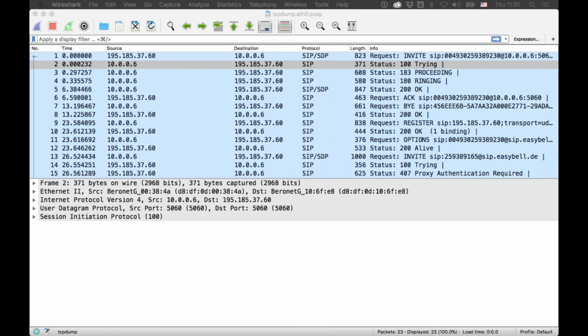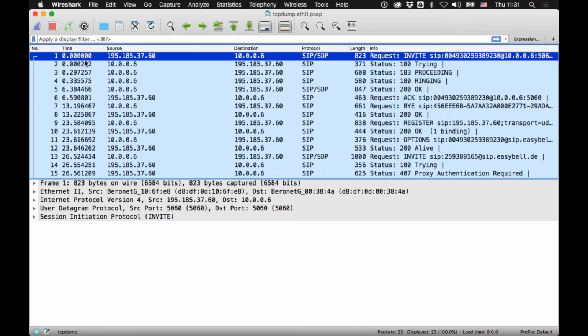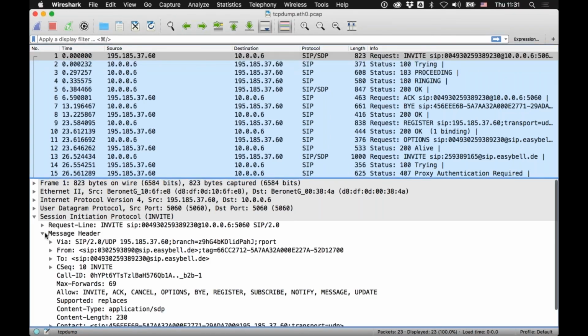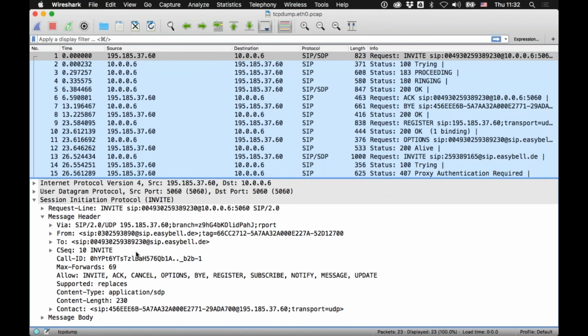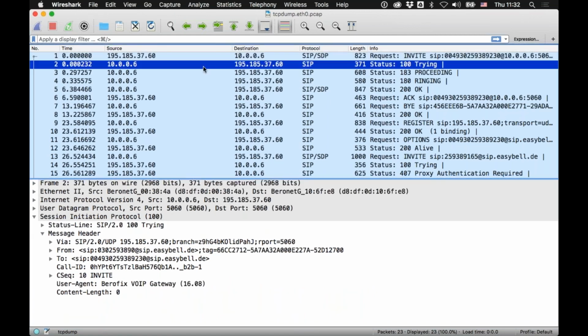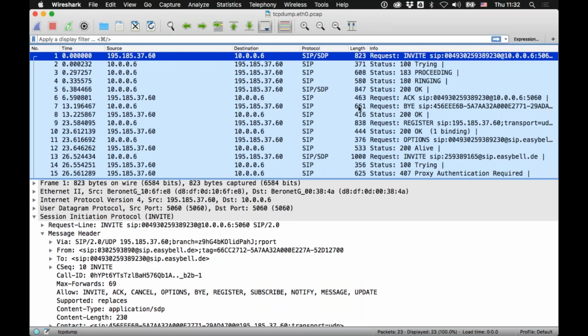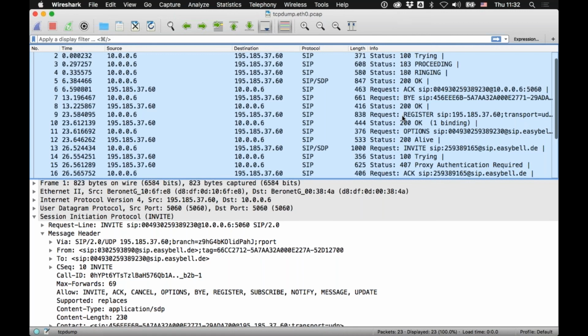is find the P-Asserted-Identity. And so let's go ahead and look in this right here. Go into Session Initiation Protocol header. So it looks like the SIP trunk that I'm using right now isn't even providing that information, so they're not going to want it either. Let's look at this one. So that's not something we're going to need to concern ourselves about with that SIP trunk, but if I look at the